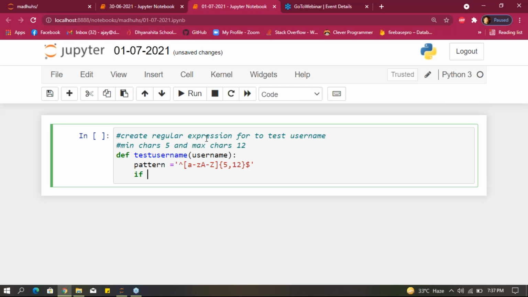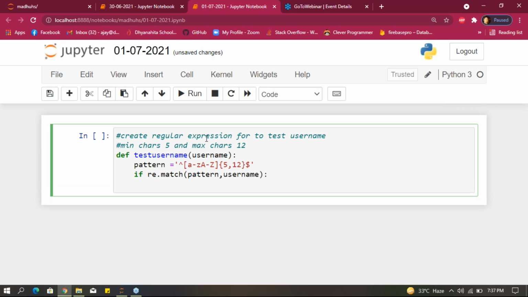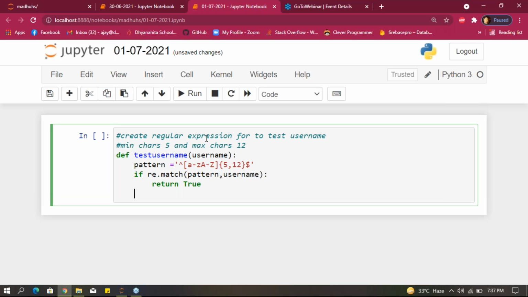After giving that, if re dot match, take this pattern, comma username, and after that return true if it matches, otherwise return false.